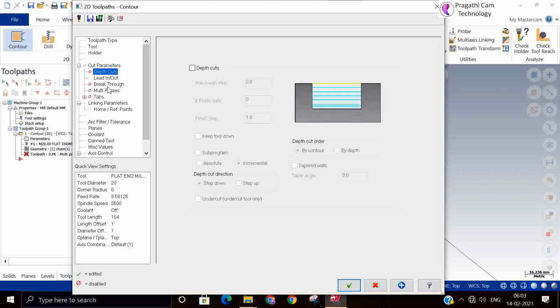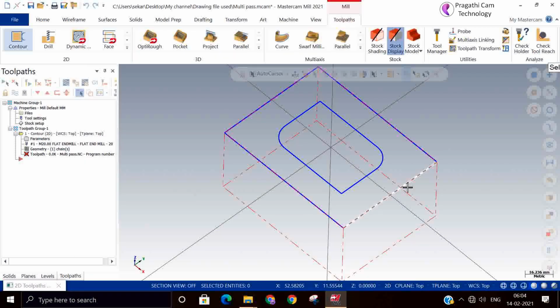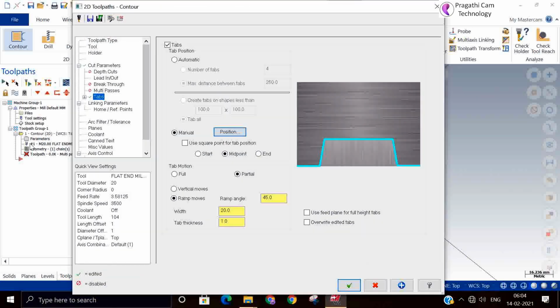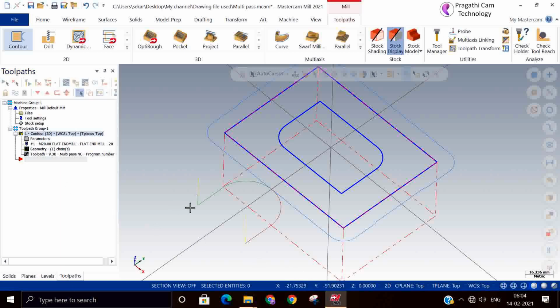Right side. Multi-pass also, tab only. I switch on manual tab and the width is 20. This is my first tab, and the other side, two sides. So the two yellow lines show the width, already the tab option.